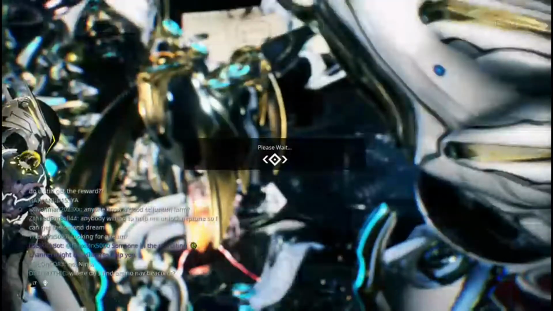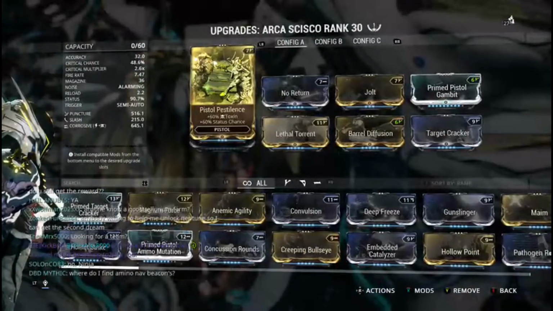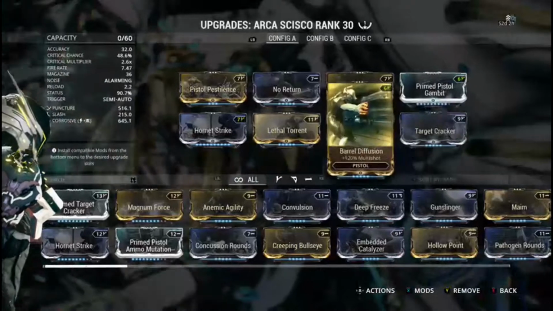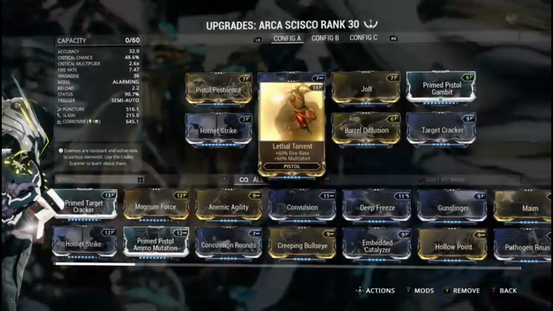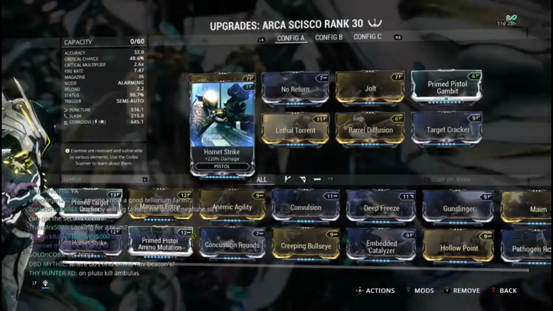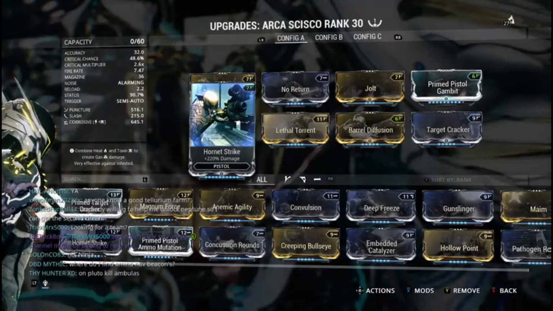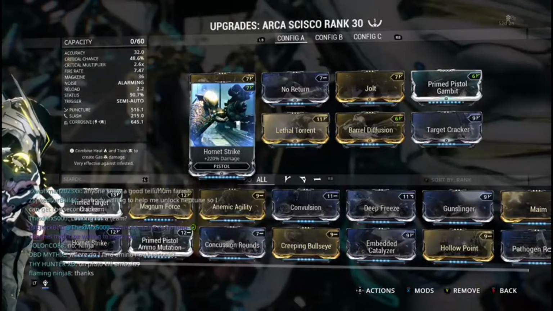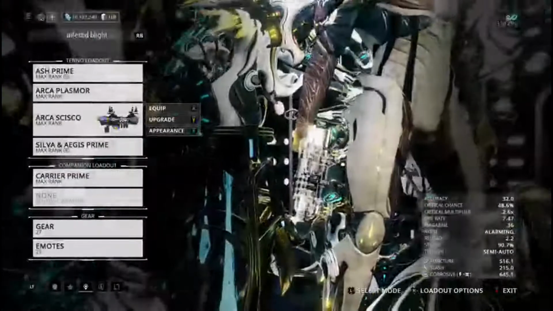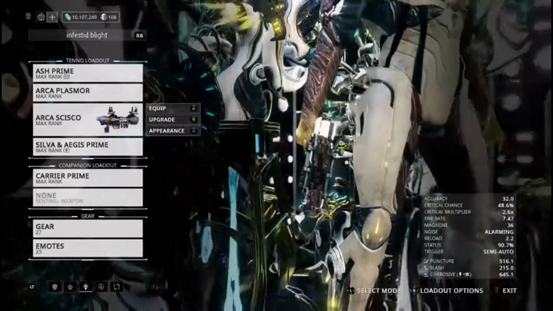But real quick, before I show you guys that, I want to show you what mods I have on this and what I recommend. I've got Pistol Pestilence, No Return, Jolt, Prime Pistol Gambit, Target Cracker, Barrel Diffusion, Lethal Torrent, and Hornet Strike. That gets me 516 puncture, 215 slash, 645 corrosive, with a status chance of 90% and a crit chance of 48.6. Not bad at all. That is not a bad build, especially when you combine it with the fact that the weapon special ability is